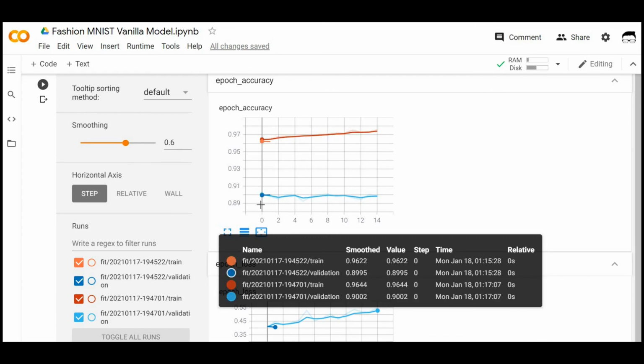As you can see, initially it had an accuracy of around 90, and the final accuracy that we got was around 89.88%. So I think we can safely say that our model was 90% accurate, and it will give 90% accurate predictions. Yeah, that's all for this video, guys. Thank you.